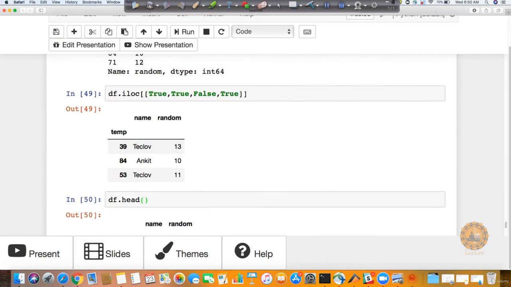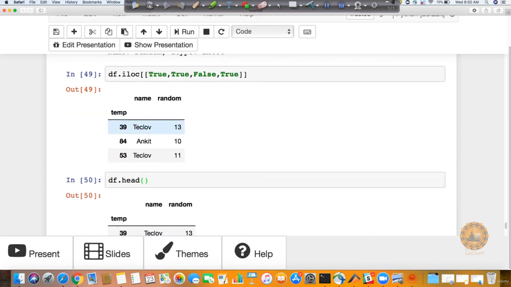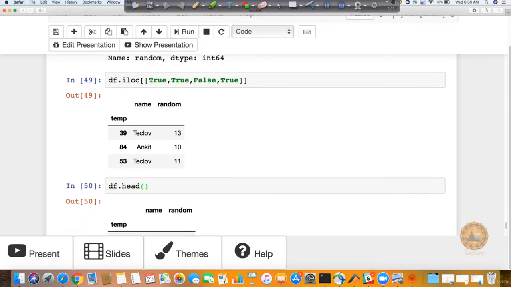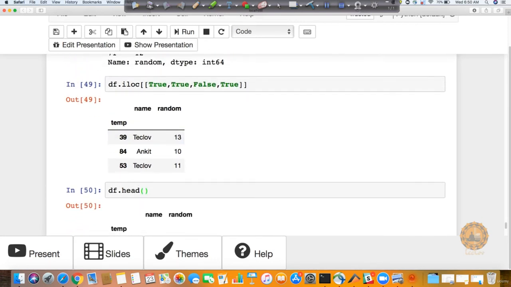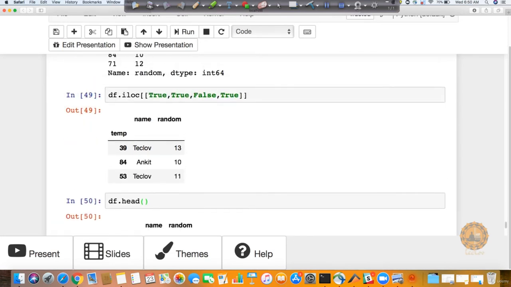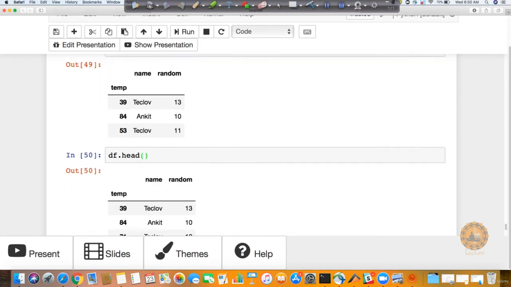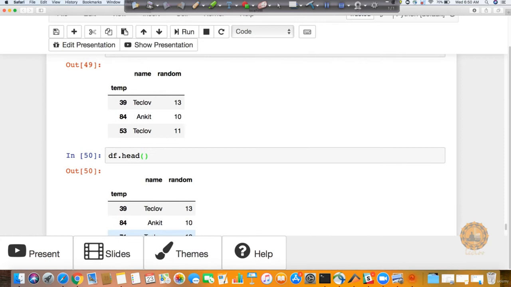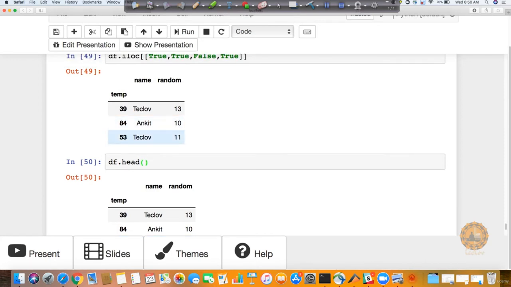Whichever row, let's say this is the zeroth row, it's going to be true, so print that value. The second is also like your zeroth row, so look at this. It is going to be true, so basically print the second value. It's going to be 84, so you can see 84 is also showing up. The third row has a false, so that means it is not going to be printed. So 71 tech love will not be printed. You can see that 71 tech love is missing.